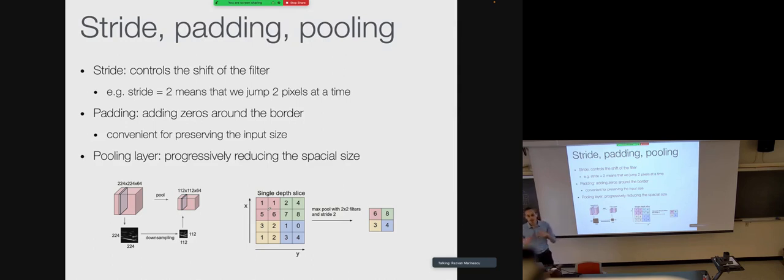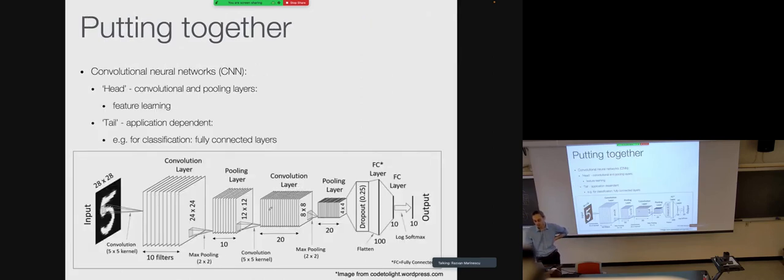You can do another thing, min pooling, for example. Then instead of taking the maximum within the red chunk, you take the minimum number, and so on. Or you can do average pooling, where you take the average, and so on. This way you reduce the size of the image a lot.